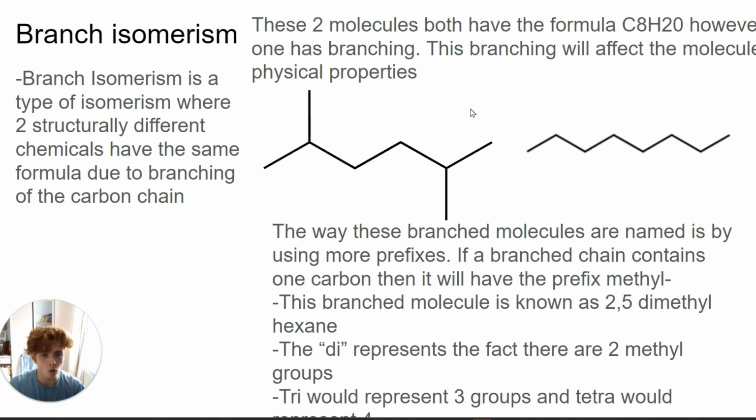I might as well go through what these lines represent, because this is known as a skeletal formula of a molecule. This molecule here is the exact same as the molecule on the previous slide. It's just got rid of all the carbons and the hydrogens, which if you were drawing it out would be incredibly tedious, right? So